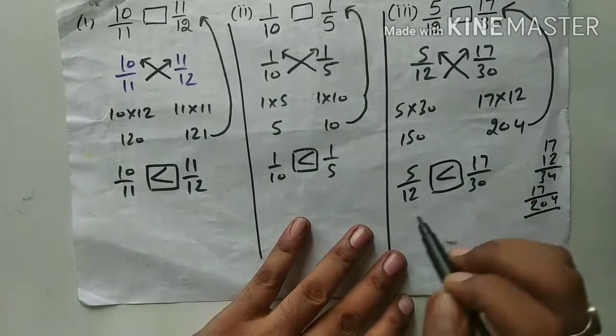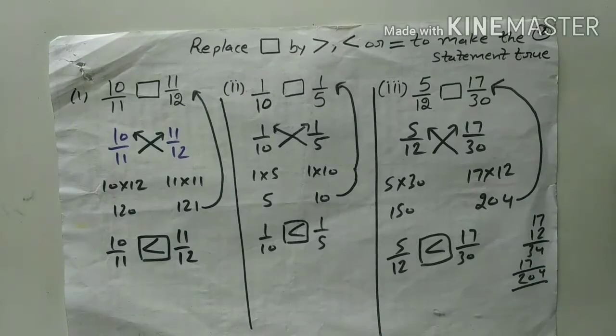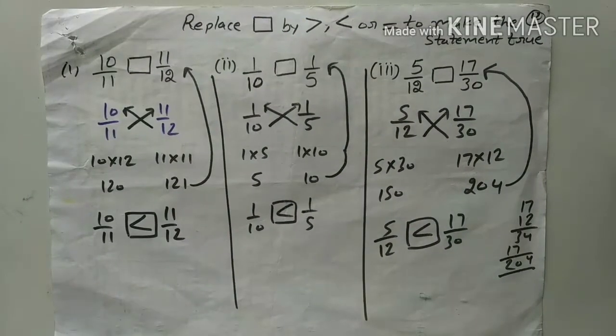So this question can be compared with the method of cross multiplication, where you have to compare only two fractions, students. But in case of more than two fractions, it will be convenient to take the LCM and make them like fractions, so that you may compare which is greater and which is smaller, just like we did in the earlier video.